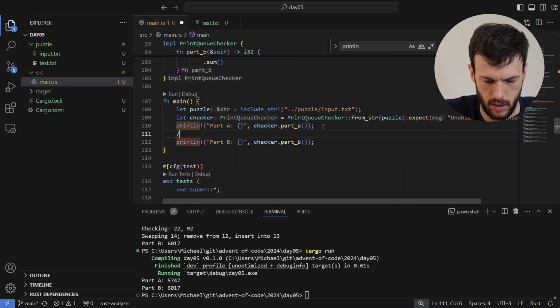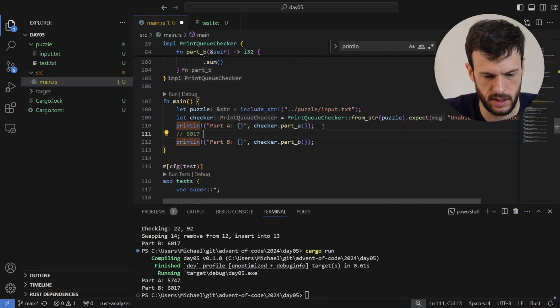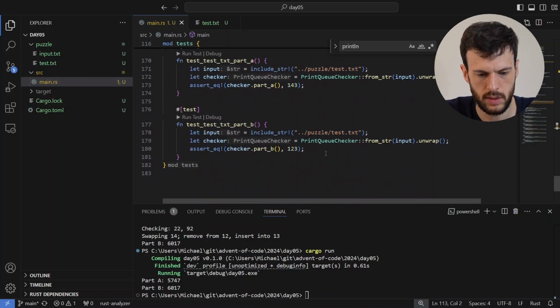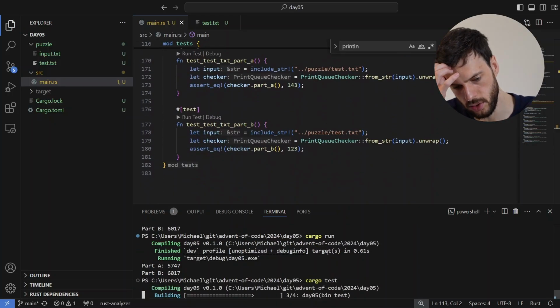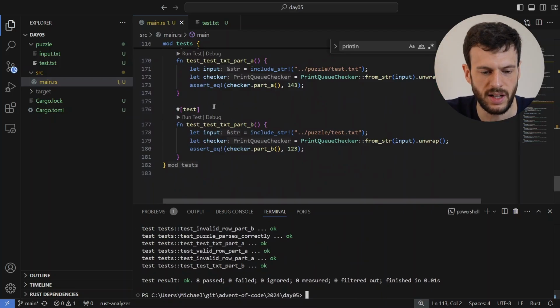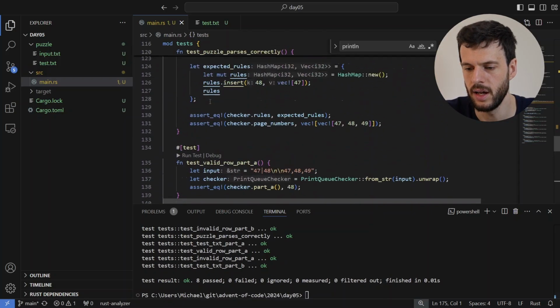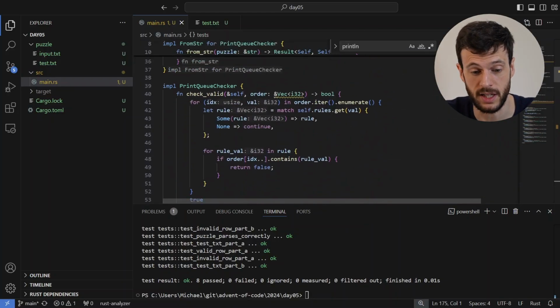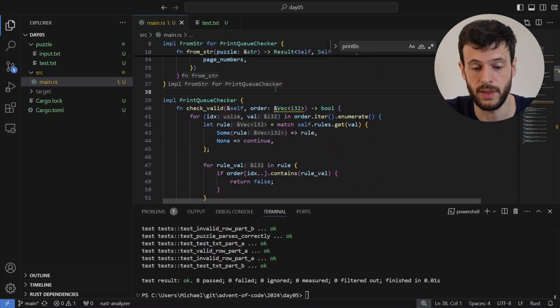Okay. 6017 is too high. So I'll run my test again just to make sure. Okay, so we're in the nasty situation where we get the test text correct, but the real answer incorrect, which means this is going to need a lot more digging into. So for the first time,